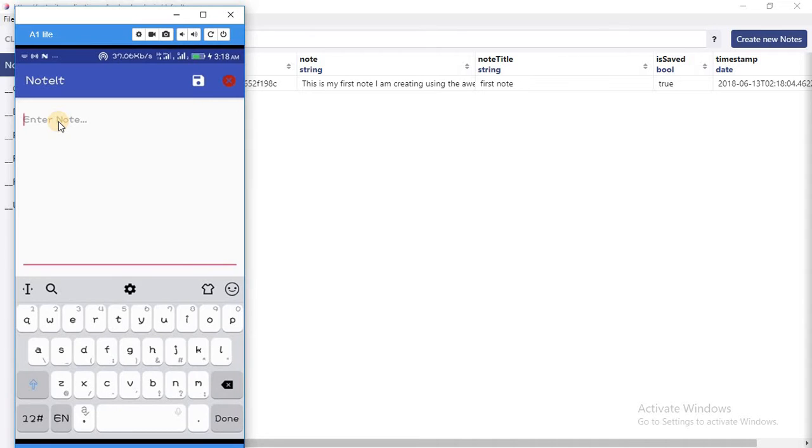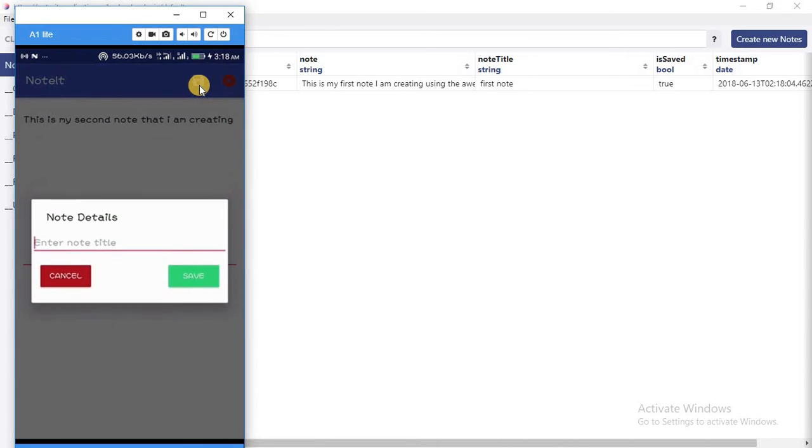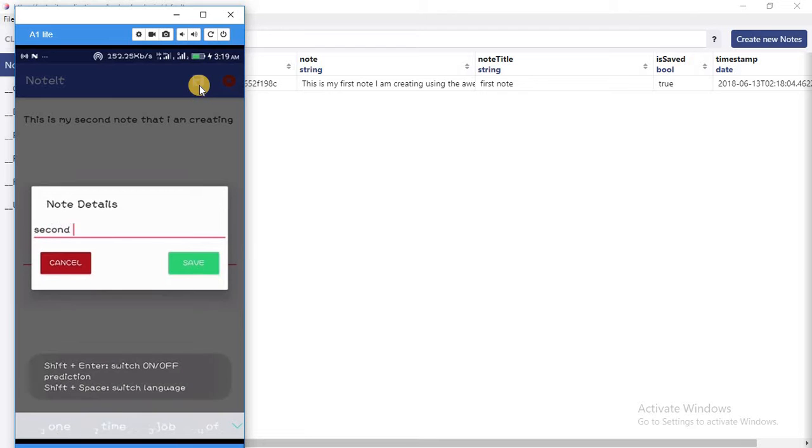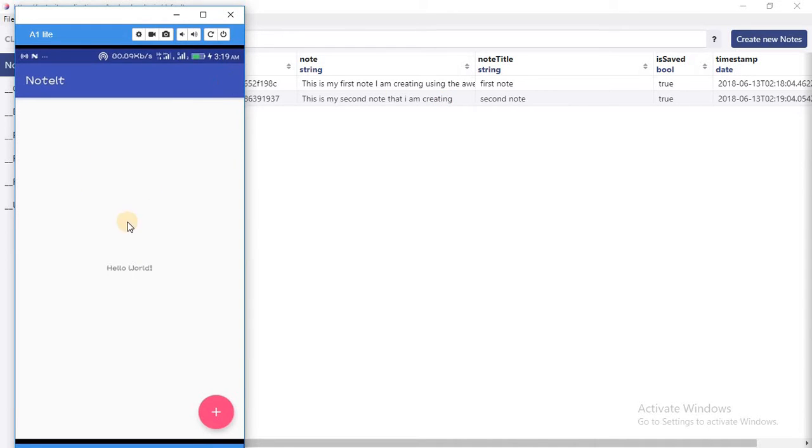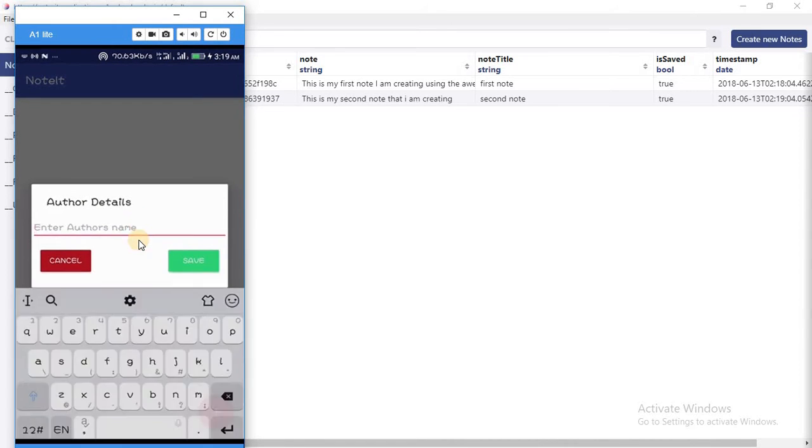So I'll just enter another note and say this is my second note that I am creating. Okay, so I'll save and then set the title to second note. Save it. Immediately it saves here. So if I want to log out, I'll just log out here. Okay, so it takes me back, so I can input another author, say